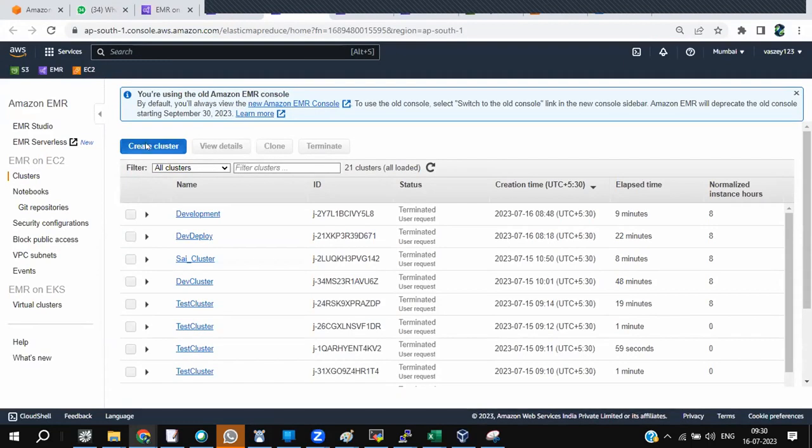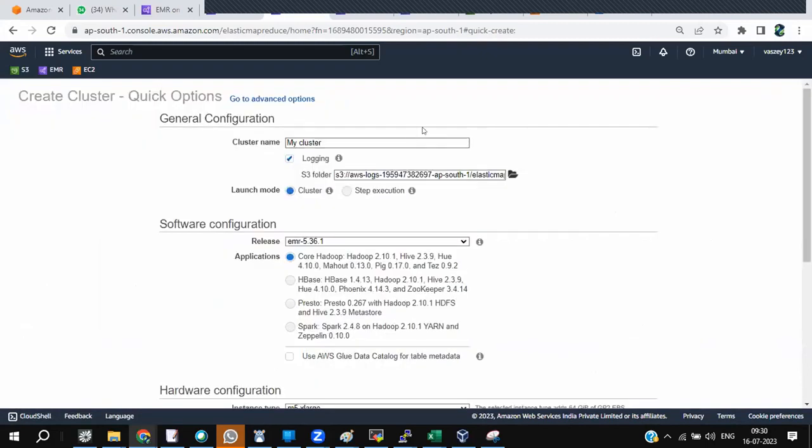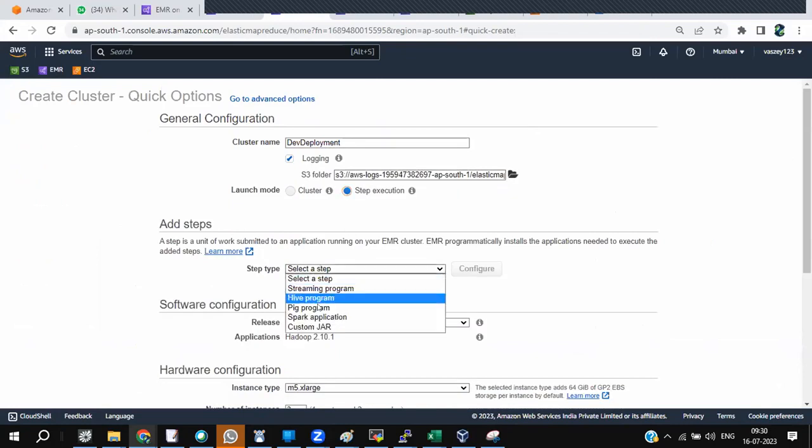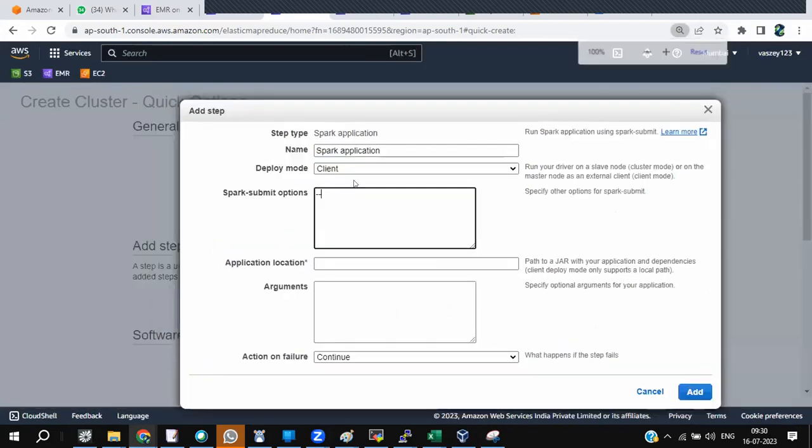Create a cluster. Now, in this cluster, just name it Dev deployment. Go to step execution. What is the step type? It is Spark application. Configure. Which is better to select in deploy mode? It is client. Now check, master local. It's better to go with local.